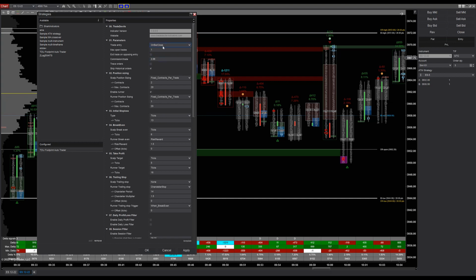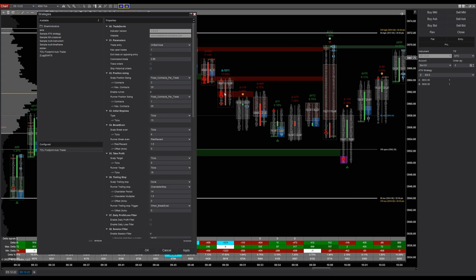I would just tell you that in terms of the forks in the road of the decision matrix you're going to work through here, this would be an important one. My suggestion as you're starting out would be to keep it on bar close, and then as you get more familiar with it, perhaps you would do some experimenting with real time. And there's a drawback to each of them. The drawback to real time is that, for example, the footprint chart actually might identify a stacked imbalance